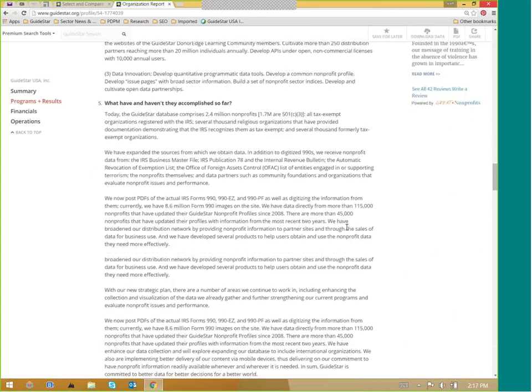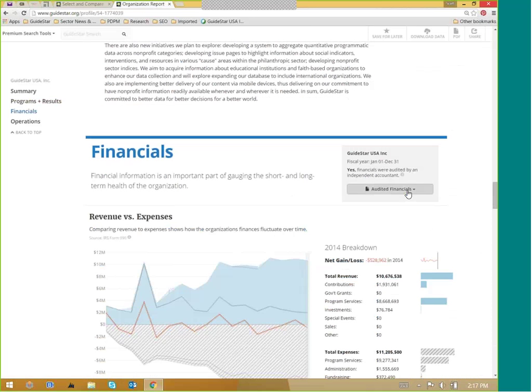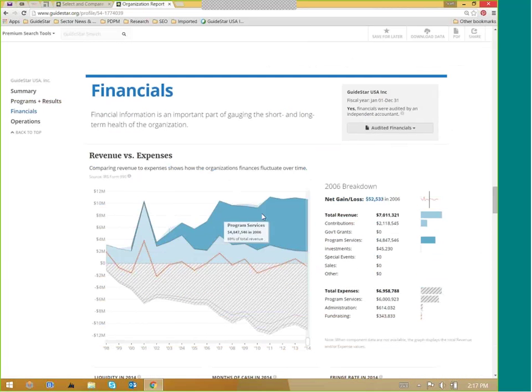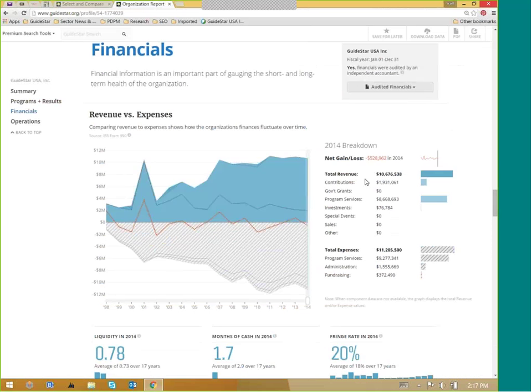We'll go into the financial section next. Again, if we had audited financials for a given organization, they're within this section, and all of the relevant documents within each section are always up here at the top right. This is really the biggest data visualization that we've designed for the new profiles. It's just revenue versus expenses for as far back as we have digitized data for an organization. As you can see, as I mouse over the fiscal years, the values are